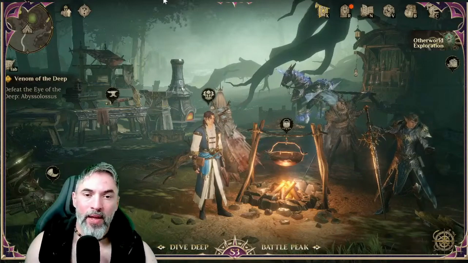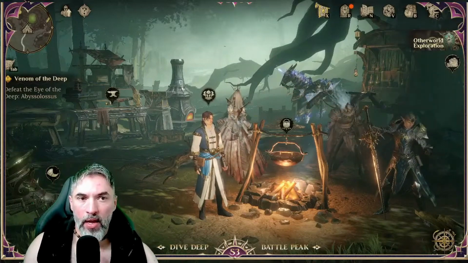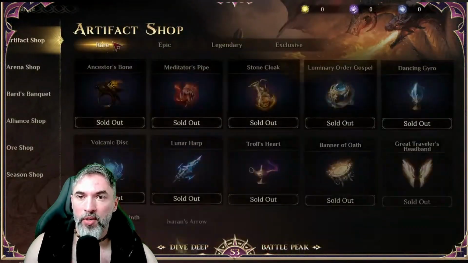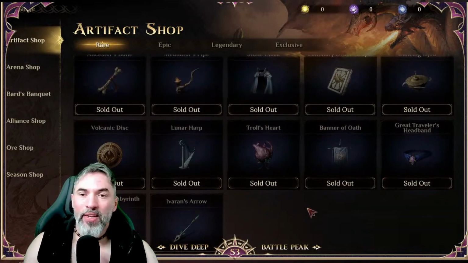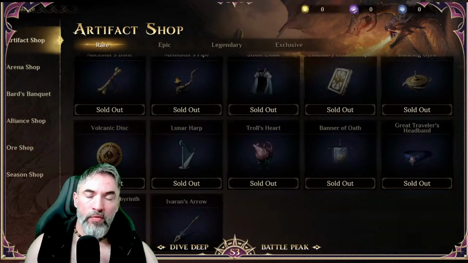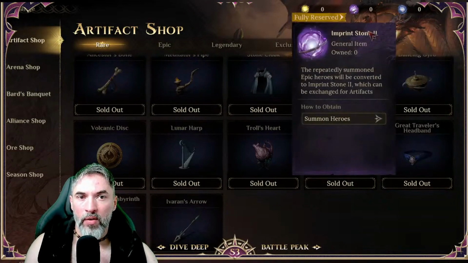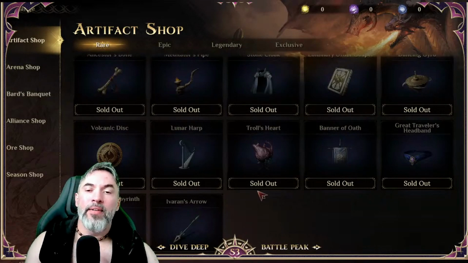Okay, anyway, I'm going to start first by talking about the rare artifacts. Okay, I'm going direct. So when you come here, you have the exchange part. Okay, and then we have the exchange here, and the first option that we have is the rare artifacts. This is actually not difficult to obtain. To get the artifacts you have to summon. When you are summoning and get dupe heroes of rare, epic or even legendary, you're going to be able to get these imprint stones right here. That is, you have the imprint stone number 1 and number 2 for epics, and then you have the soul imprint for the legendary heroes. Okay, in terms of rare artifacts, guys,